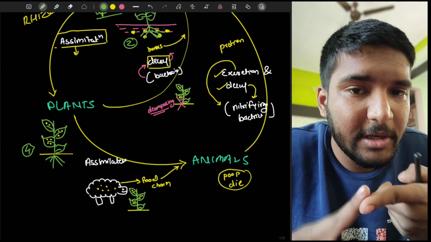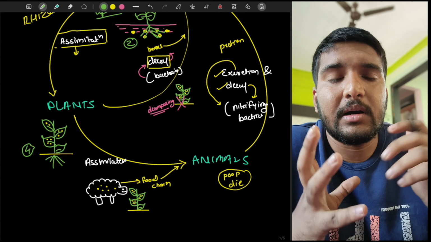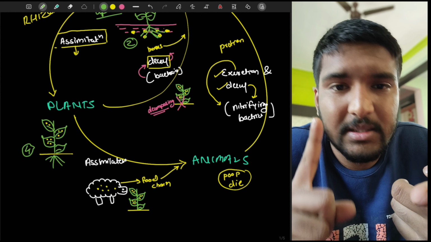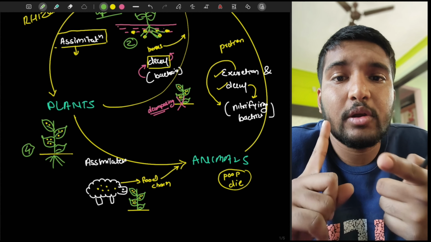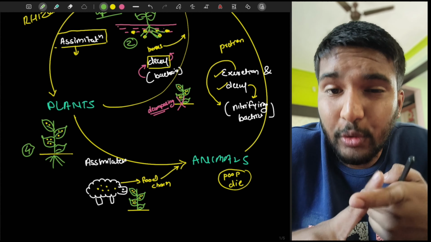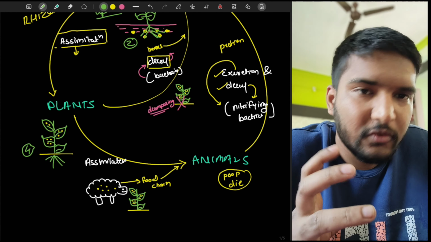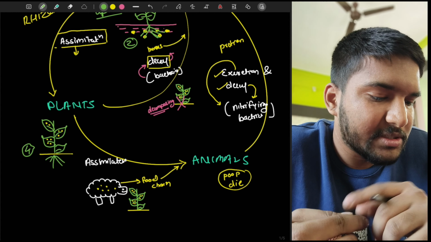Now you guys might be wondering, where does the plant get its own nutrition? So coming to the plant, the plant makes its own carbohydrates by photosynthesis, and it takes up water. It also takes nitrates from soil. It also takes its proteins from soil, if we think so, and it creates its own food, and based on use of proteins and glucose, it makes its fruits, and it makes leaves and its branches.